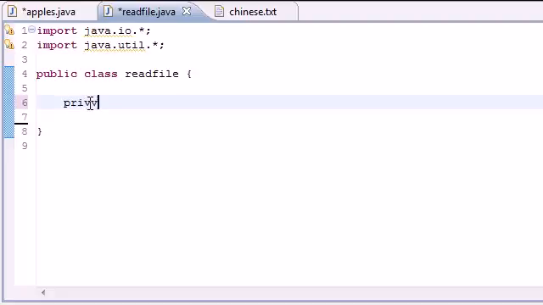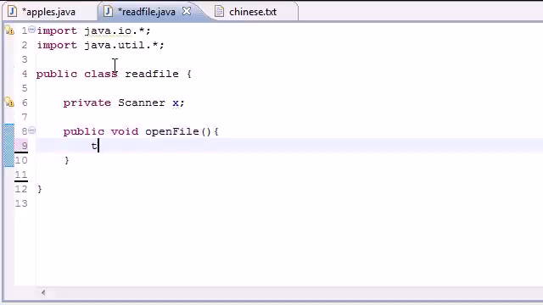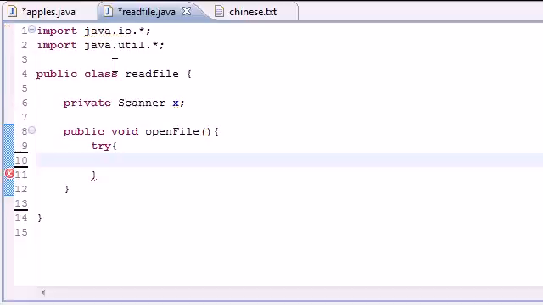So let's go ahead and first make a private scanner variable. So I'm going to name mine scanner x, and I'm going to move that cursor out of the way. And now let's go ahead and just make a method to open the file first. So public void open file, and let's go ahead and put try to open the file. So we're going to set x, and again here's where we're going to put new scanner. And instead of putting system in here, which would be the keyboard, just put new file and put that